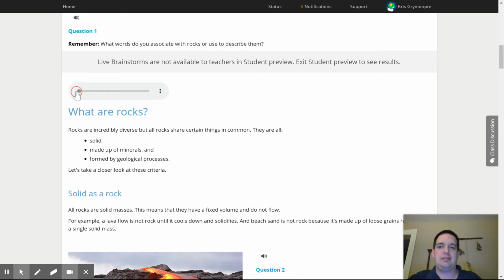Here's an example. What are rocks? Rocks are incredibly diverse, but all rocks share certain things in common. They are all solid, made up of minerals, and formed by geological processes, which means they're not formed by living things. Let's take